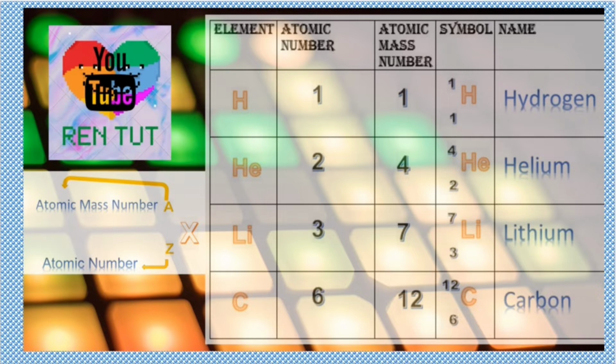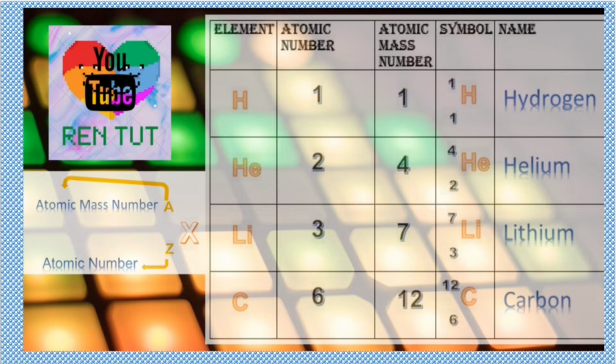So X can be any element from the periodic table, and the superscript A is equal to, as we discussed earlier, Z plus N. And Z is the atomic number, which is equal to the number of protons. Let us take the example of hydrogen. Hydrogen is the first element in the periodic table, and it is represented by capital letter H. Its atomic number is 1, and its atomic mass number, that is the superscript A,